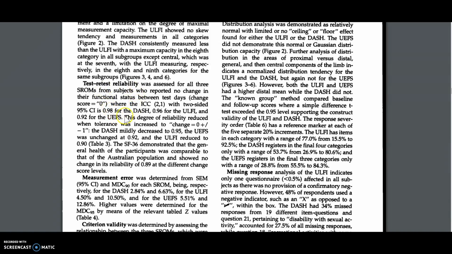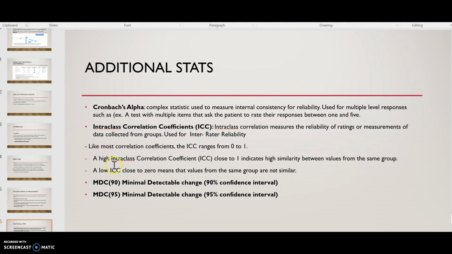So for test retest reliability, using the intra-class correlation, they determined that for the DASH, the intra-class correlation was 0.98. For the ULFI, it was 0.96. And for the UEFS, it was 0.92. Now, what do those scores mean? Let's talk about that. Let's go ahead and pull up the PowerPoint again where we talk a little bit about